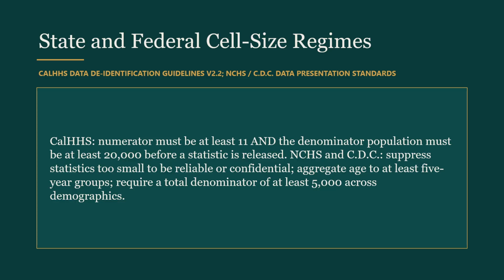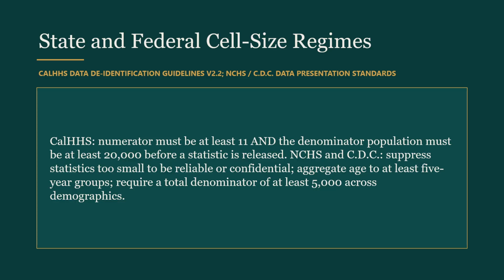The Health and Human Services Data De-Identification Guidelines set 2 conditions, not 1. The numerator must be at least 11, which is the familiar rule, but the denominator population must also be large enough, and the guidelines assess denominators below 20,000 as carrying geographic and demographic isolation risk. Think about why. A count of 15 is comfortably above 11, but 15 out of a population of 200 is a rate of 7.5% in a community small enough that everybody knows everybody, and the neighbors can narrow the 15 without any statistics at all.